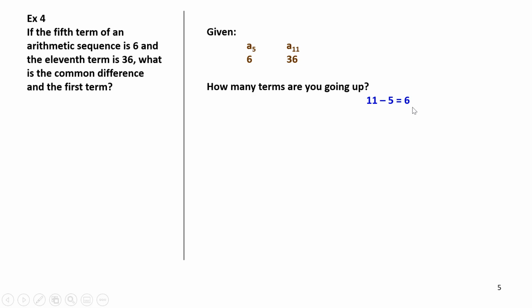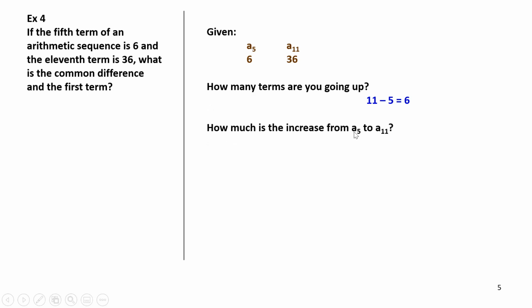All right? Now the way I'm finding d here is a little different, so stick with me on this one, okay? We could do this exactly the same way we did the last one. We could say a sub 5 plus 6d, okay? So my first term plus 6d has to equal my last term, right? So we could do it exactly the same way we did example 3, but